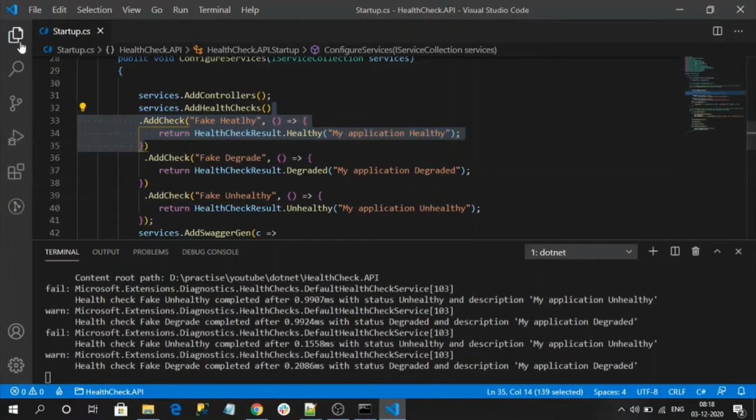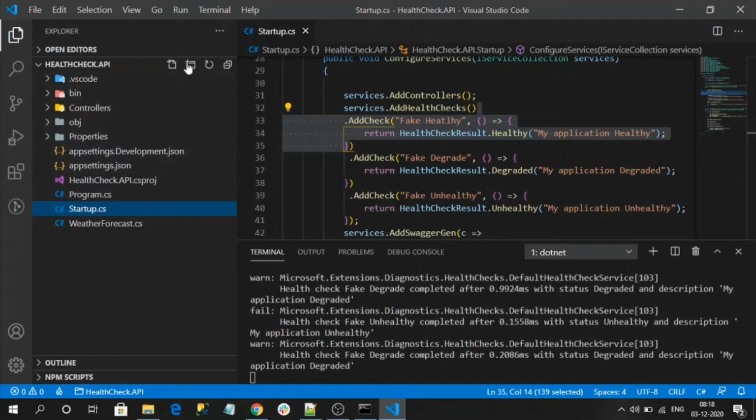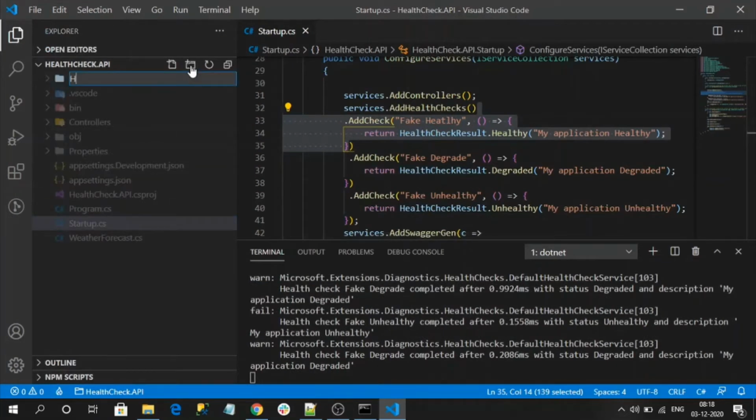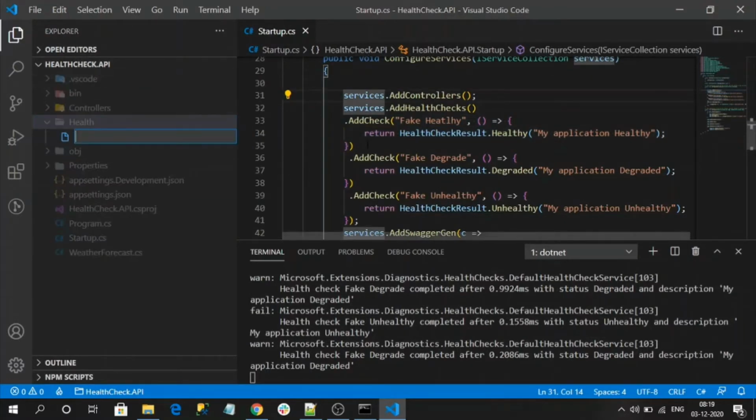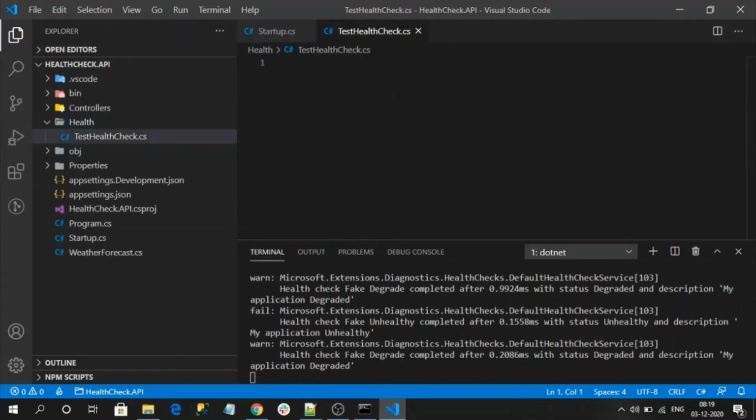So let me create a separate file. First create a folder like Health, and in that let me create a file like TestHealthCheck.cs.